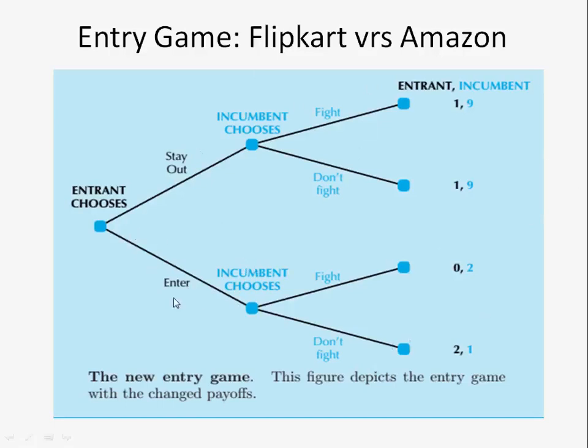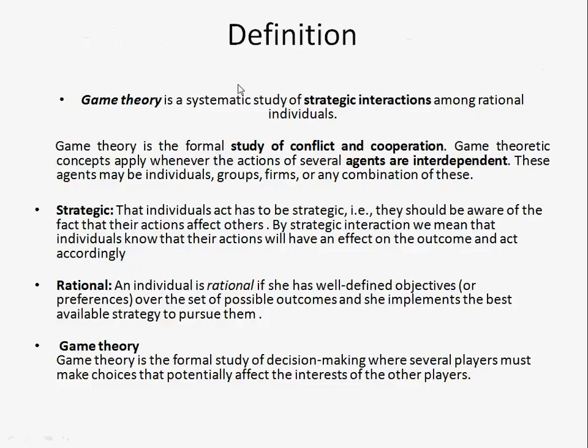But in the real-life case, the outcome of this game between Flipkart and Amazon was this: Amazon chose to enter the online retail market, and Flipkart, the incumbent, chose not to fight. And now we see they are both earning profit, because Flipkart did not enter into any kind of fight with Amazon. So this is the outcome. Now we are going to discuss the formal definition of